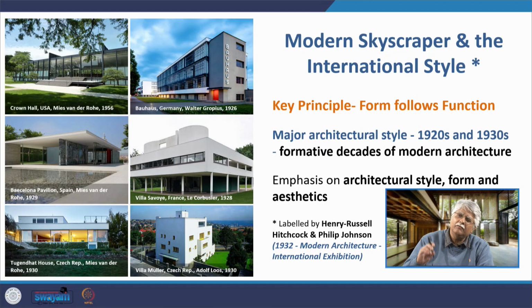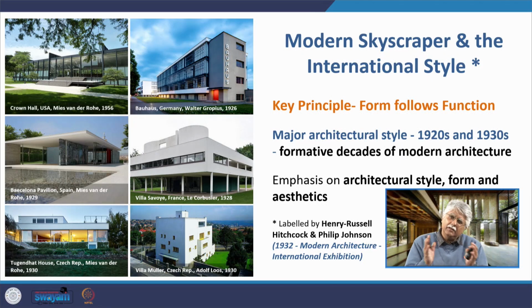In the formative decades of modern architecture, the emphasis was on style, form and aesthetics, and the term international style was given by Henry Russell Hitchcock and Philip Johnson. They had held an international exhibition of modern architecture in 1932 in New York, and there the term international style came to classify or to indicate the whole collection of buildings which were all very similar to each other,